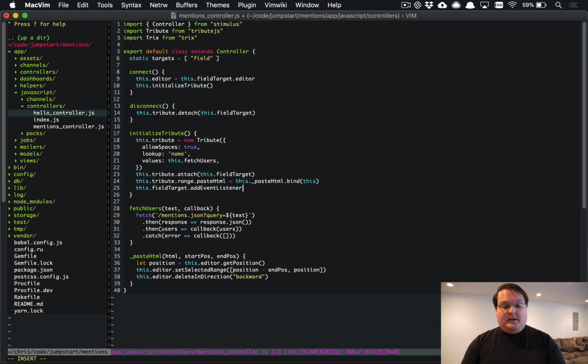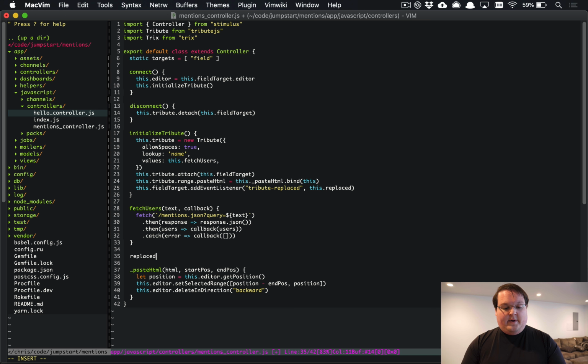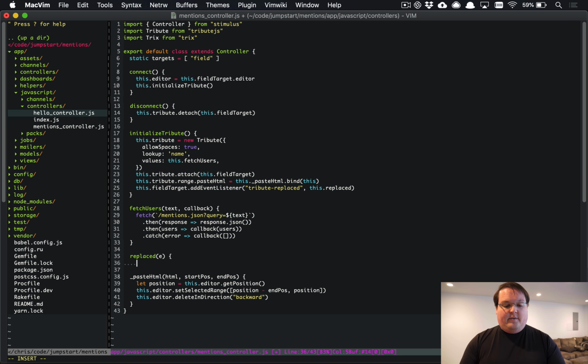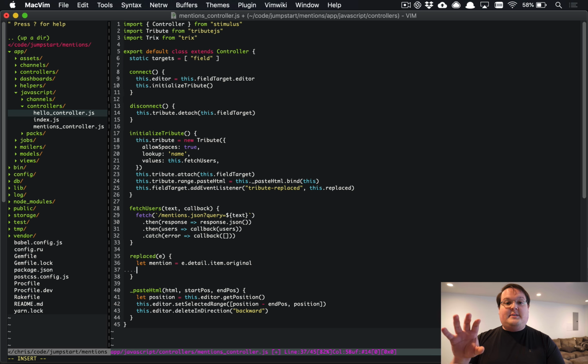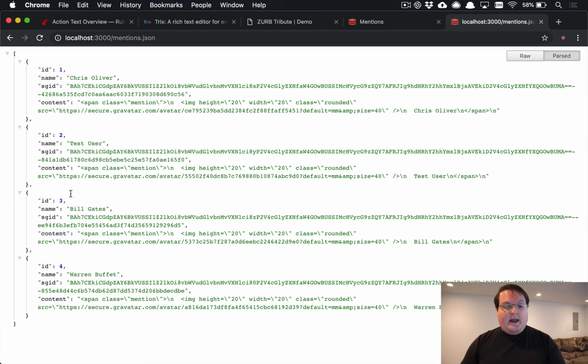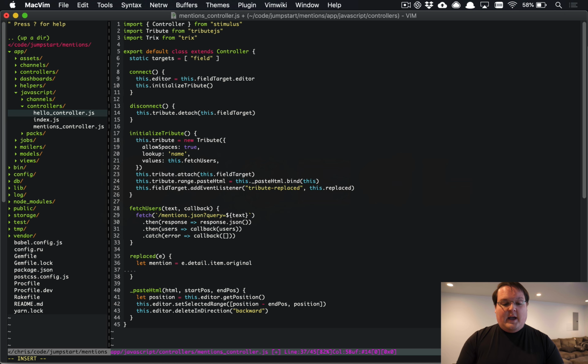So here we're going to have this.fieldTarget.addEventListener, and we will say tribute-replaced, and we'll call a method called this.replaced, and that one we'll define here, replaced, and it will take an event, and we can look up the original user mention that we received back by going to e.detail.item.original. That will give us the JSON item from here that we actually matched against. So this object like so, if we type test user, it would grab us this JSON content,